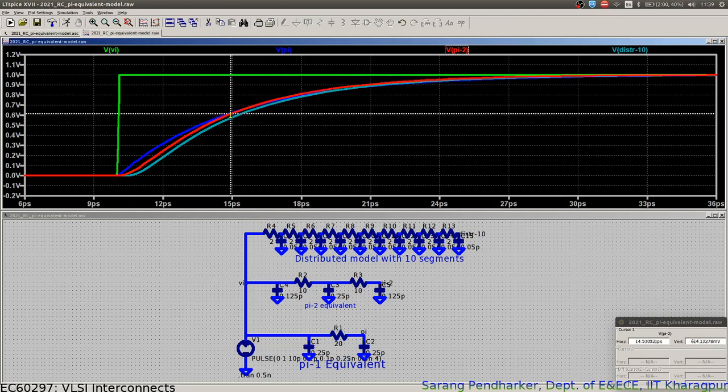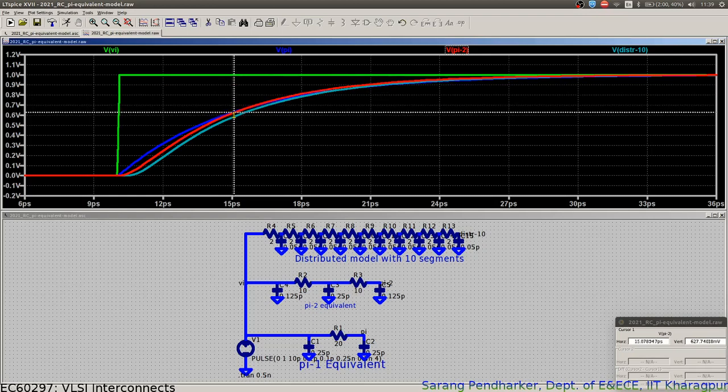If I look at this, this is around 15.128, and my distributed model has converged a lot closer to the Elmore delay. So Elmore delay was 5 picoseconds. With this pi 2 equivalent model, I am almost getting 5.1 picoseconds,